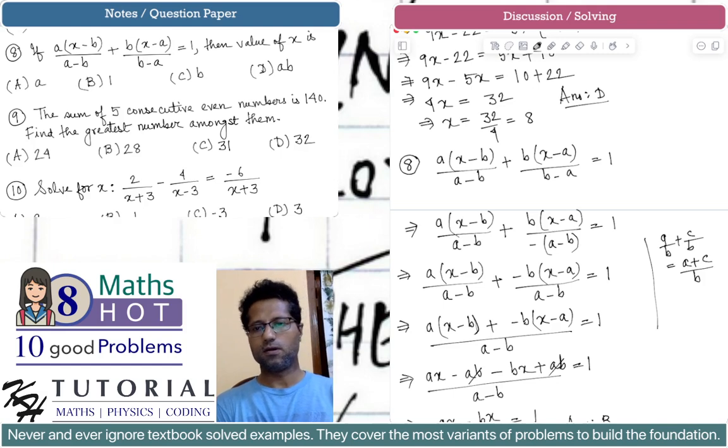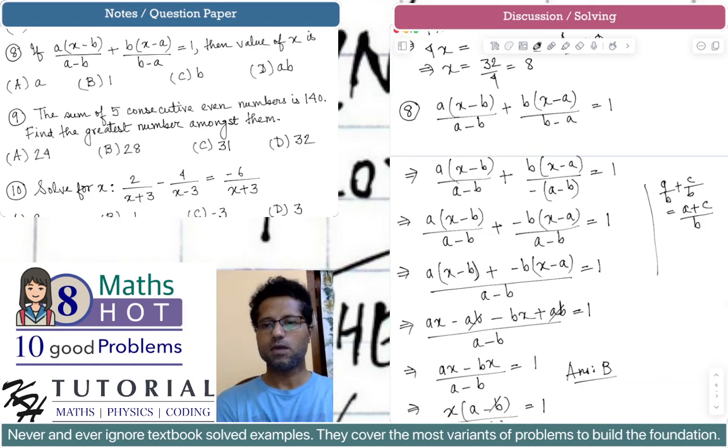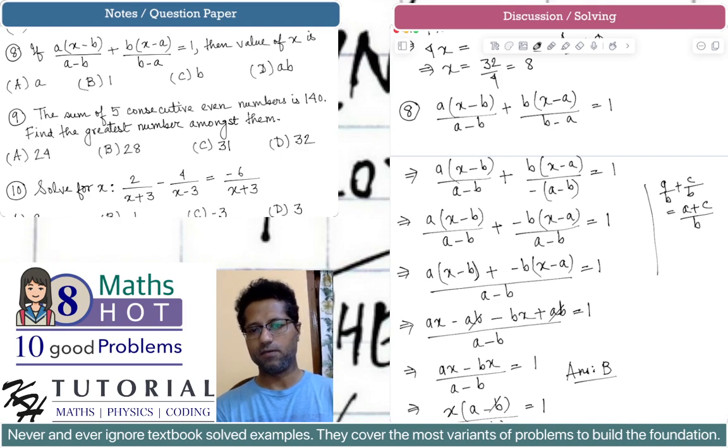So we took negative common from the denominator of the second term, and that negative that we took out from the denominator